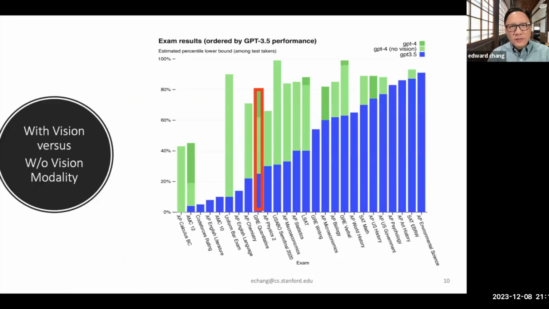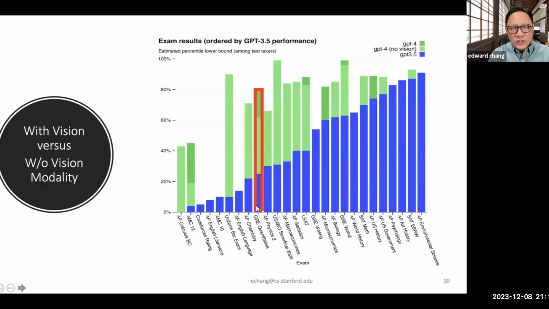And the most stunning outcome is this red rectangle I circled here. So what does this mean? This actually shows three colors of representations. The yellow color and the blue color are just using GPT-3.5. And OpenAI trained two additional models. One is GPT-4 without vision, without imagery information. And the other one is GPT-4 with image. So GPT-4 with image is darker green, and GPT-4 without vision is light green.